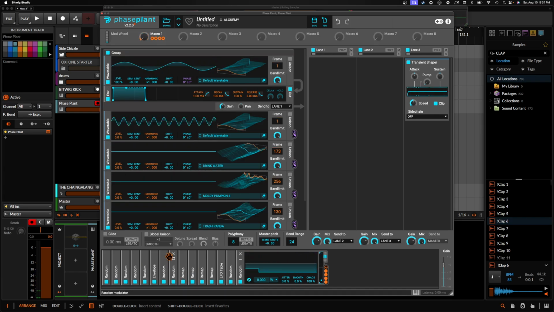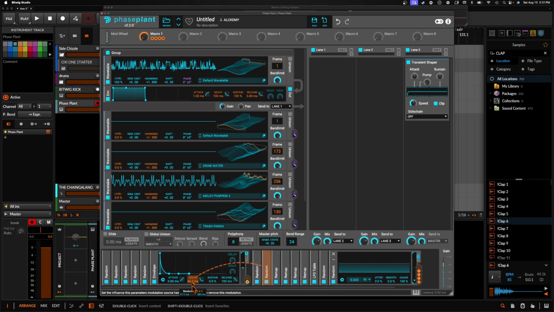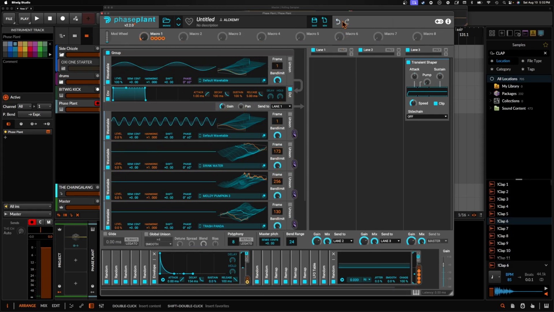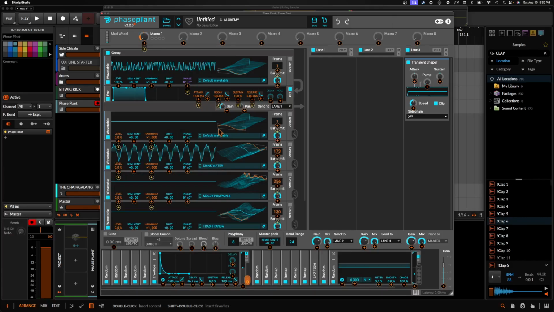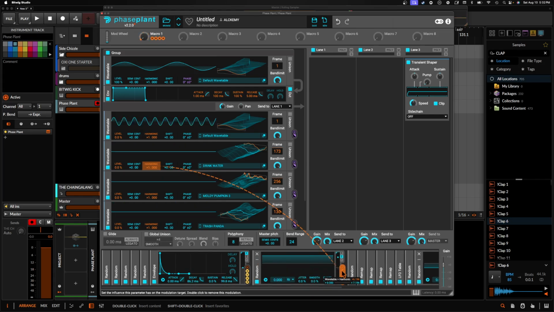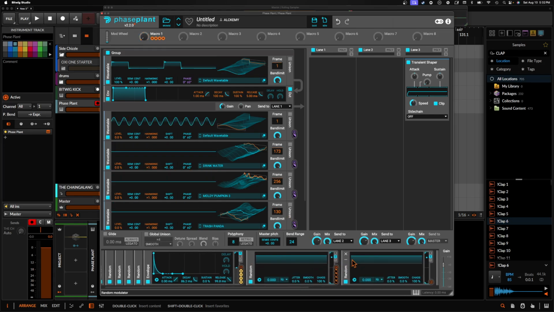So one thing that I do want to do with this, because I know that it doesn't sound all that interesting right now, is we need to go back to that envelope here and maybe just keep this something more consistent. Okay, so let me back up. One thing that I forgot is that we need to apply this to all of these. There we go. So now we can go back to randomizing this. My bad. And we can apply